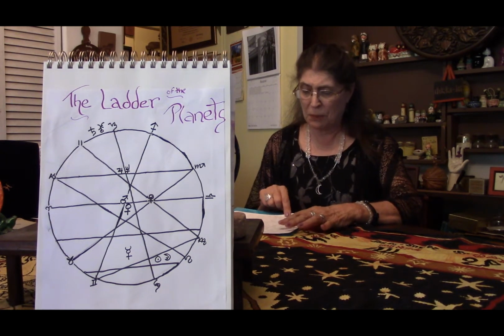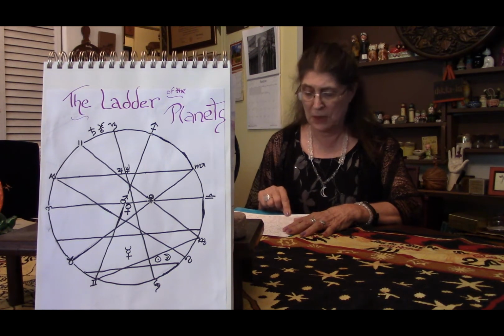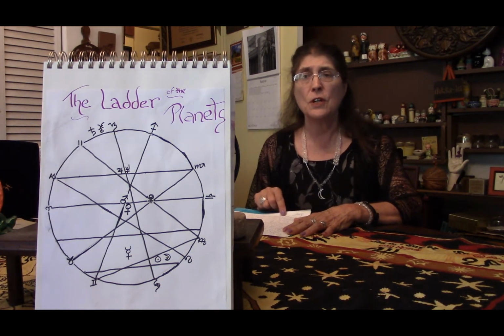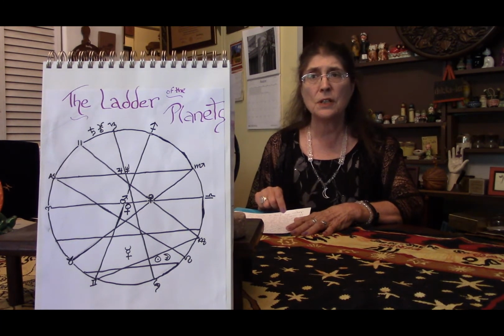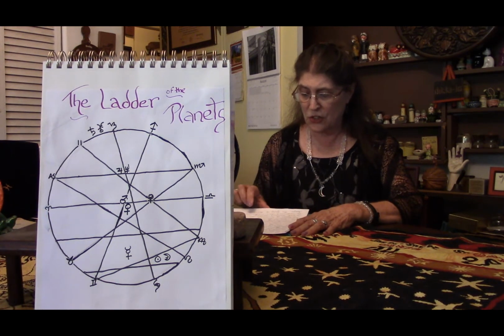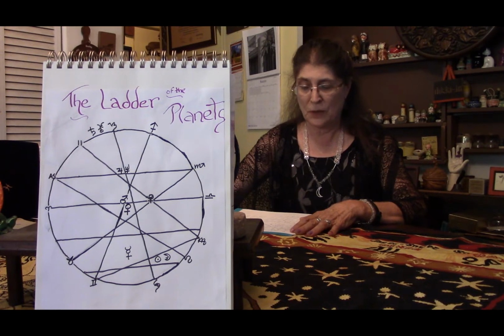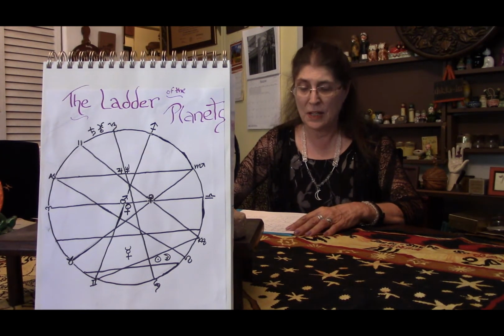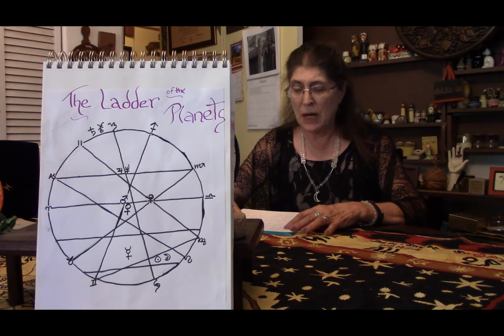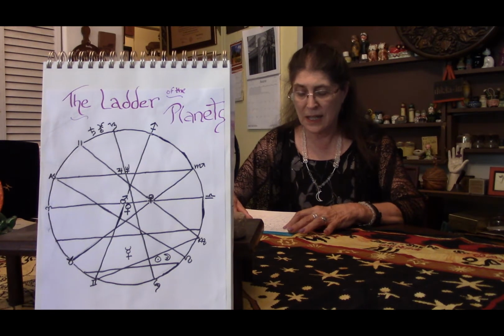The ladder of the planets is a way of looking at all of these that goes back to the medieval astrology texts. It's kind of fallen out of favor in recent astrology books, but it's a really good way to really understand these relationships and to deepen your grasp of astrology. The ladder predates the discovery of Uranus, Neptune, and Pluto, but modern astrology sometimes includes these outer planets in the